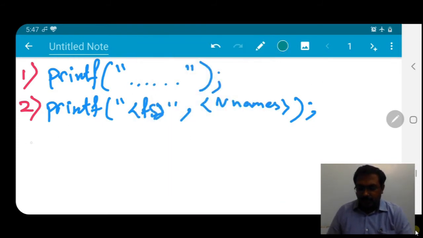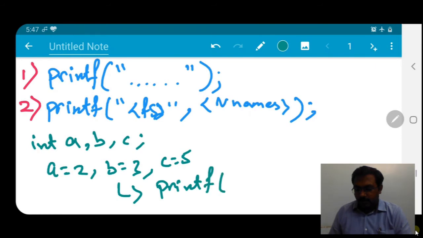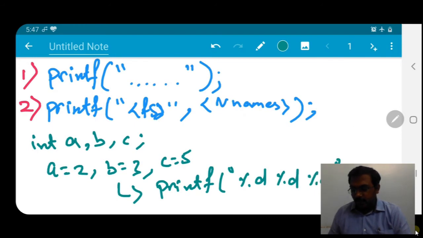So for example, if we have integer variables a, b and c, with a equal to 2, b equal to 3 and c equal to 5, and we want to print those values on the computer screen, we can write printf, within the double quotes the format specifiers for each variable, double quote, and comma a, b, c, semicolon.